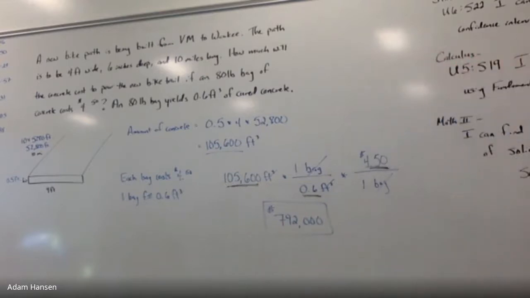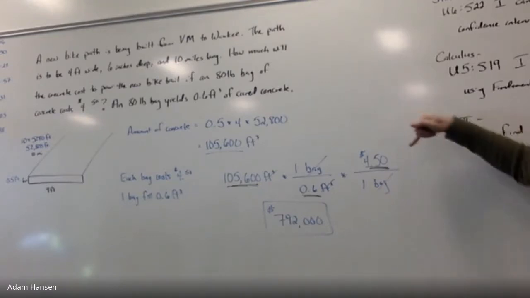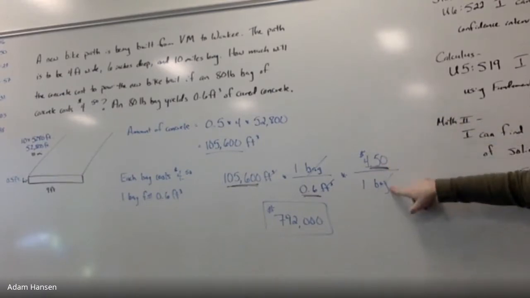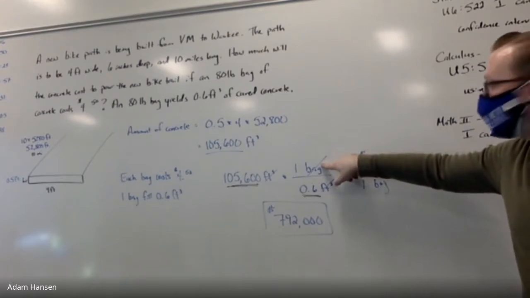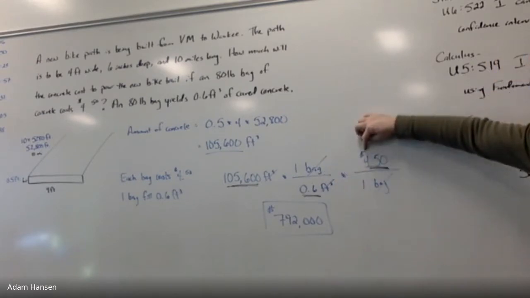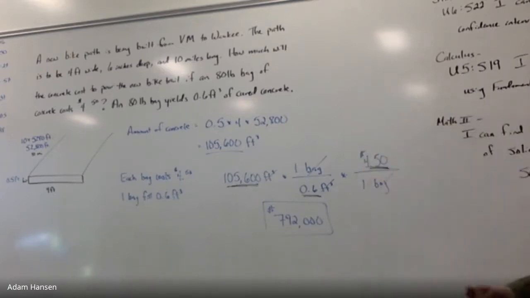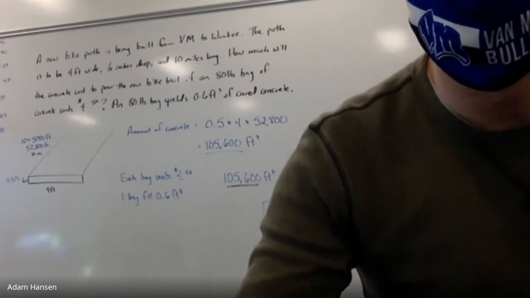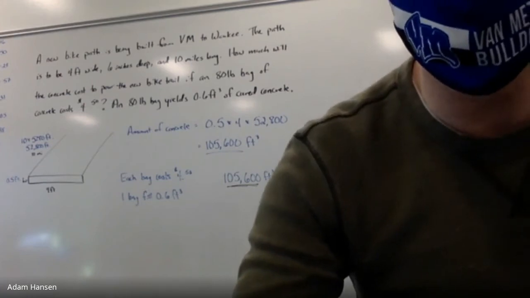Now, what else do I need to know? Once I know the number of bags to buy, how can I figure out the total price? Multiply by 450 per every 1 bag, right? By putting the bag amount on the bottom, I canceled out this unit of bags on top, leaving me units of dollars, the total dollars necessary to buy this much concrete to make the bike trail. Let's do this then. I put one more for you guys to try over on the other